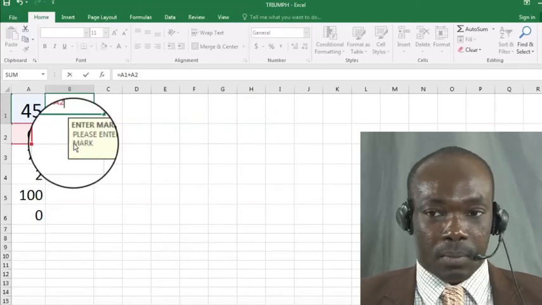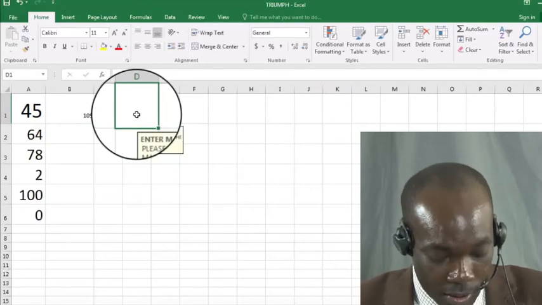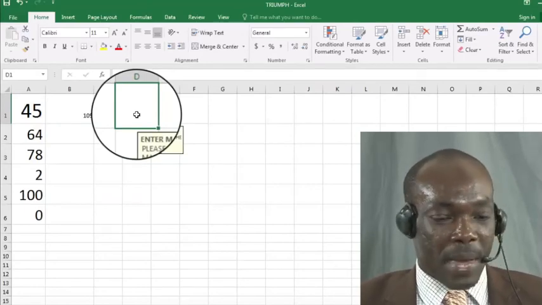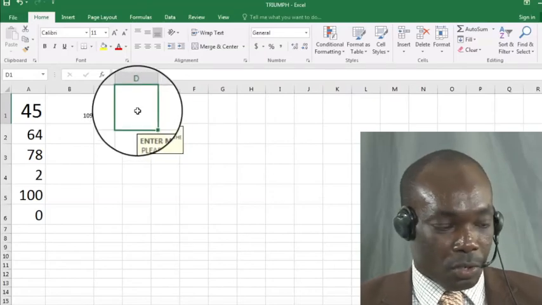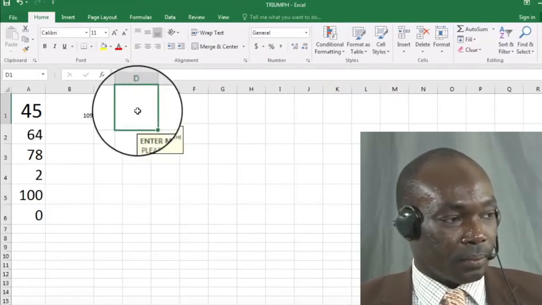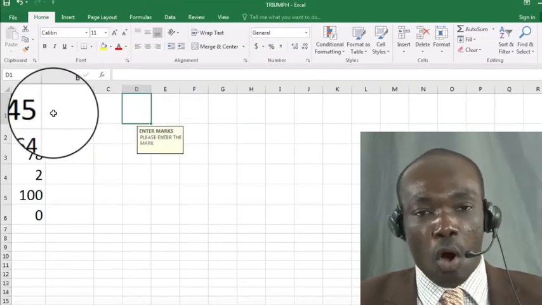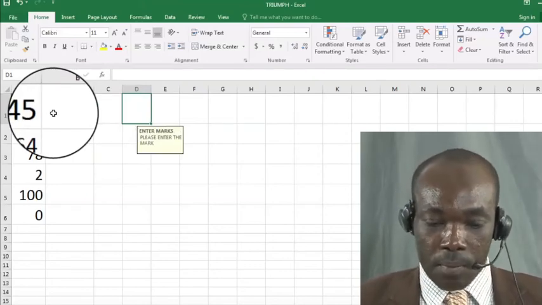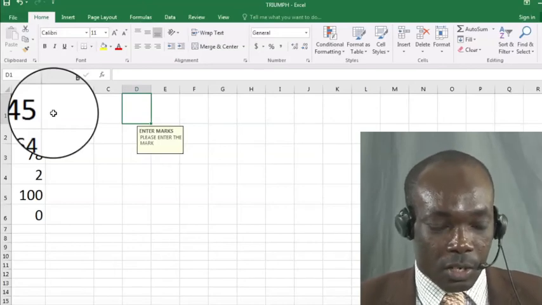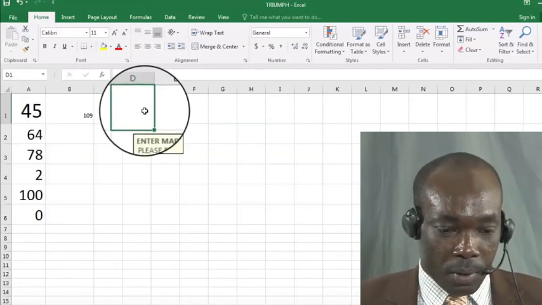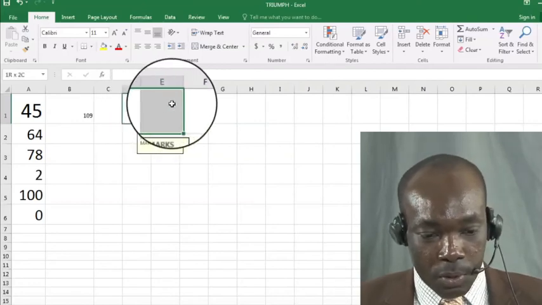All right? Okay. The next thing we're going to discuss in our lesson today is merging of cells. To merge cells means to combine two or more cells together. For example, this is cell D1 and E1. I can select both of them,